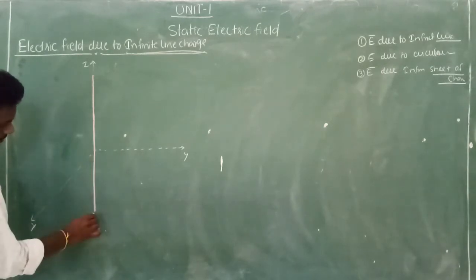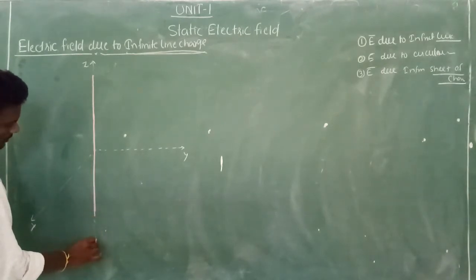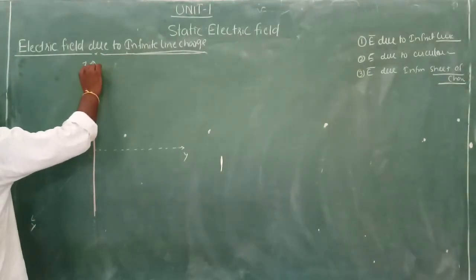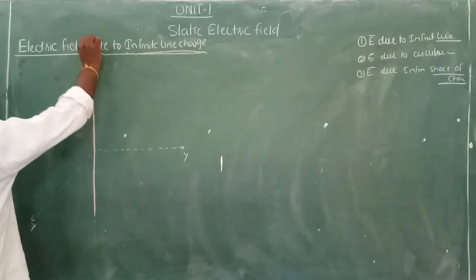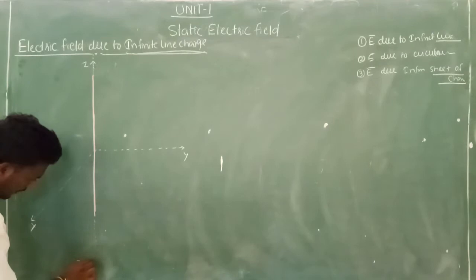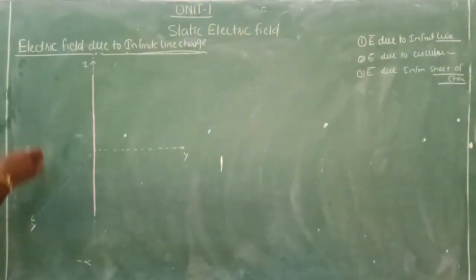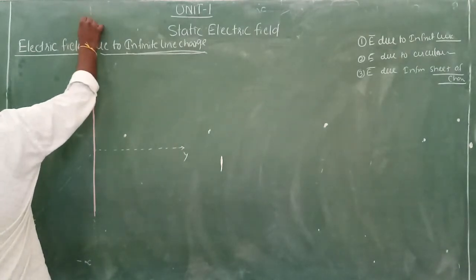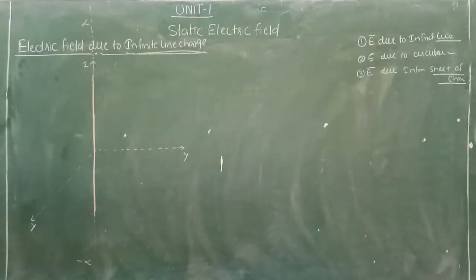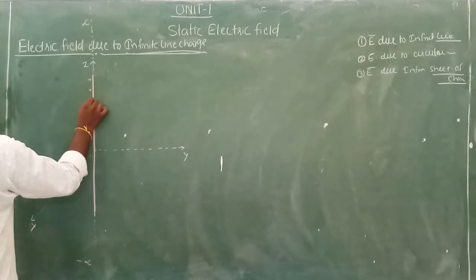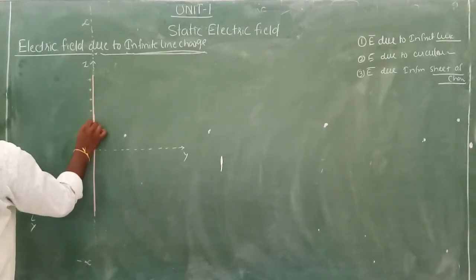This is my negative z-axis. Place your infinite line charge in such a way that it has half of the distance on the positive z-axis and half on the negative z-axis. The length of the charge is from minus infinity to plus infinity. It should go like this up to infinity. The length of this charge is from minus infinity to plus infinity. And what is the charge here? The charge is uniformly distributed like this.